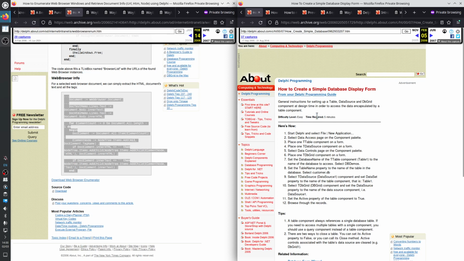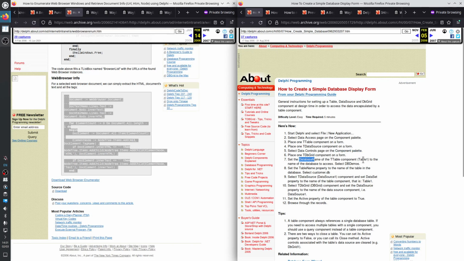Difficulty easy, time required 5 minutes. How to create a simple database display form. Start Delphi, file new application. Data access page in the components palette. Place the table on form. Place the data source on form. In component palette, select data controls, place a TDB grid on the form.